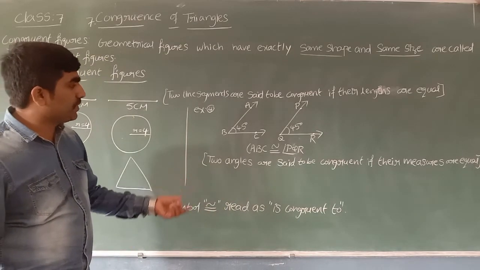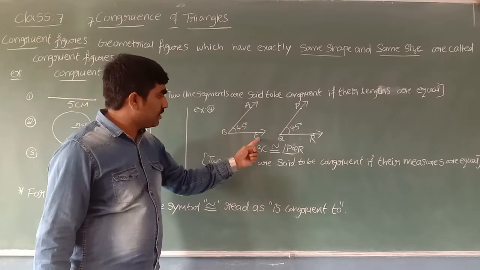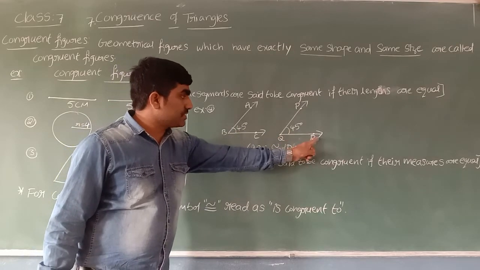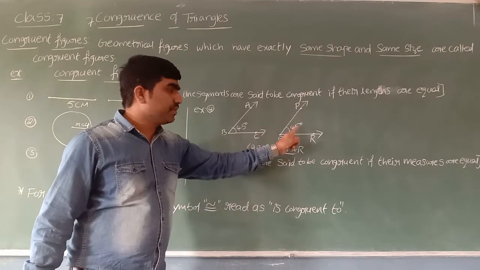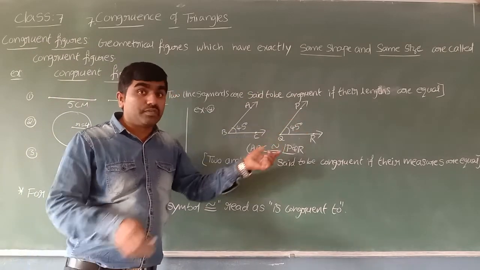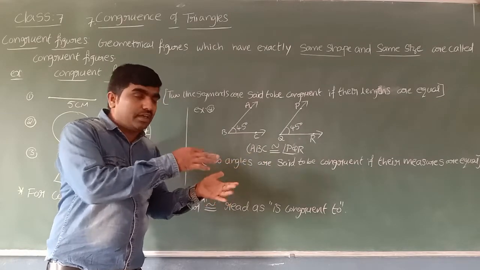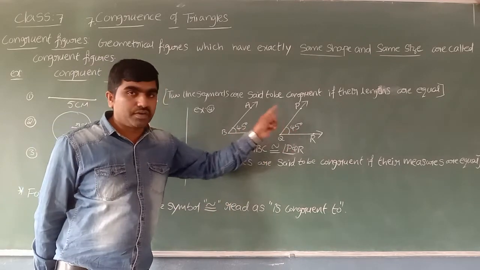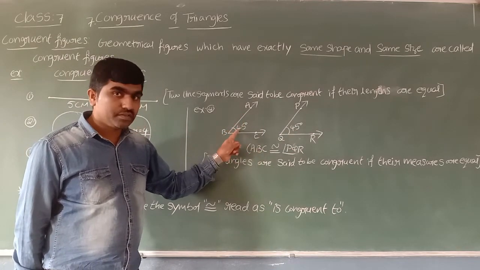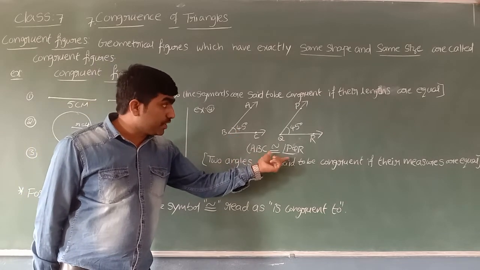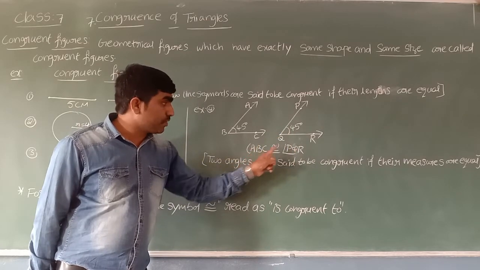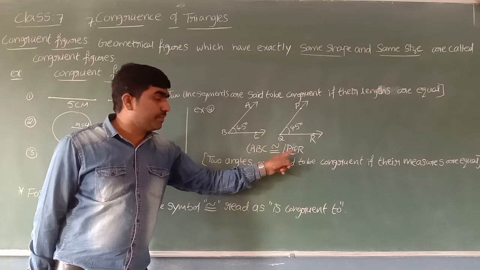You can see one more example. Angle ABC, or we can say angle B, measures 45 degrees. Angle PQR, or angle RQP, or angle Q, is 45 degrees. Now when I keep ABC over PQR, I think both will fit exactly, both will coincide exactly, because their measures are equal, 45 degrees and 45 degrees. See, angle ABC means angle B, expressed with three letters, is congruent to angle PQR, which means angle Q. Angle B is equal to angle Q. Measure of angle B is equal to measure of angle Q.